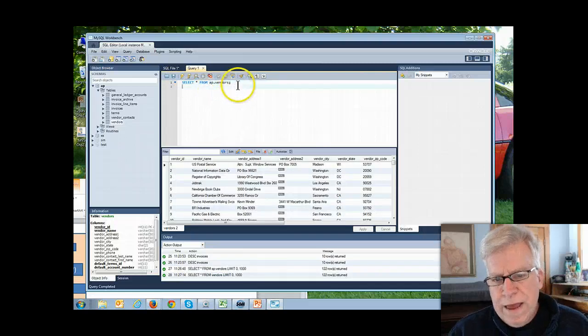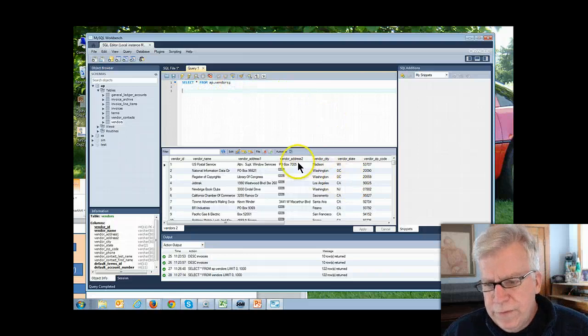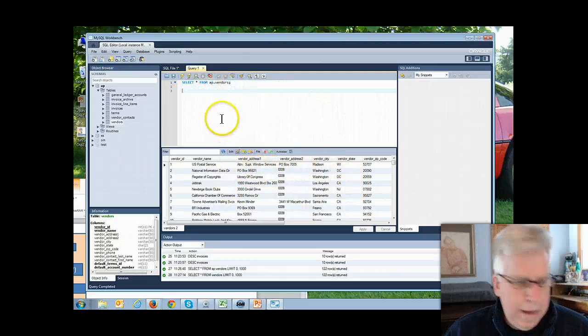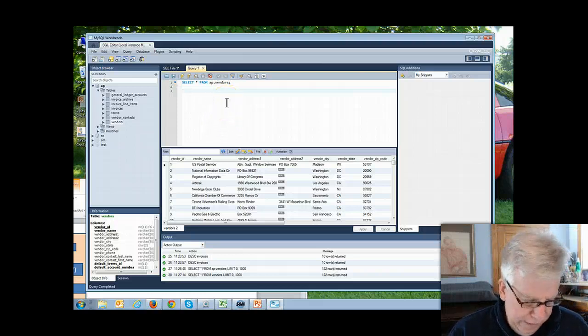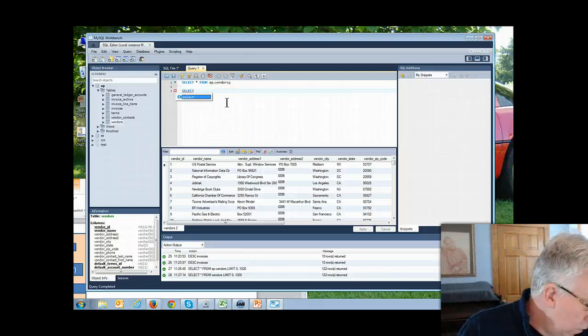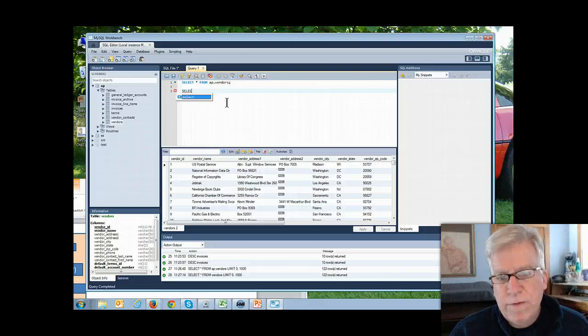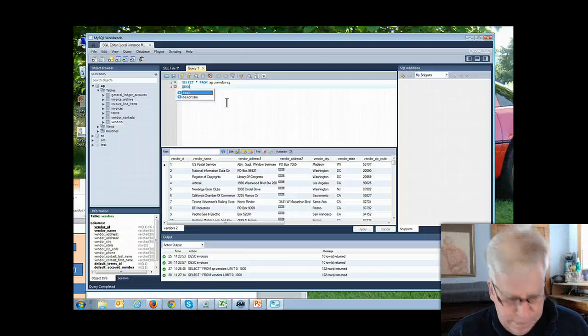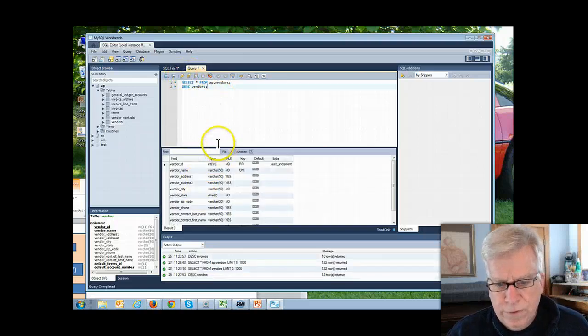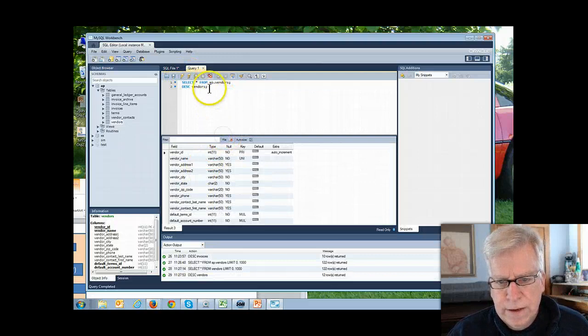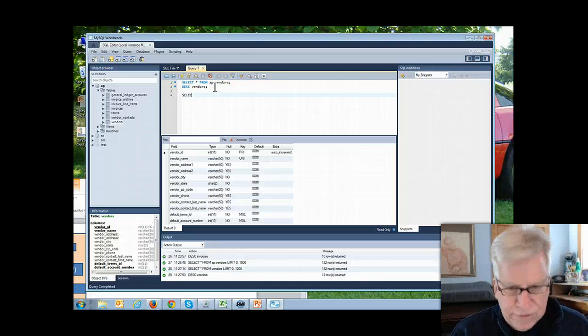Now, while that command is kind of nice and it's giving us everything, all of the data, maybe what we really need is just a few pieces of information, and we don't need all of it. So if I go select, well, matter of fact, before I do select, I want to go describe vendors. This way, I know what my field names are that I'm interested in, and I'm going to skip a space just for being easy. Select